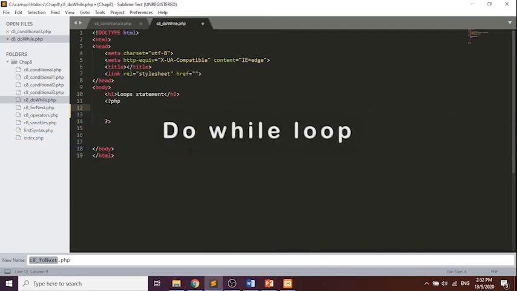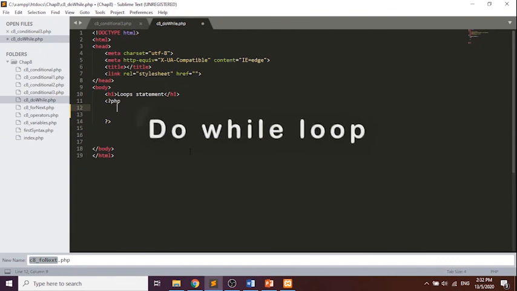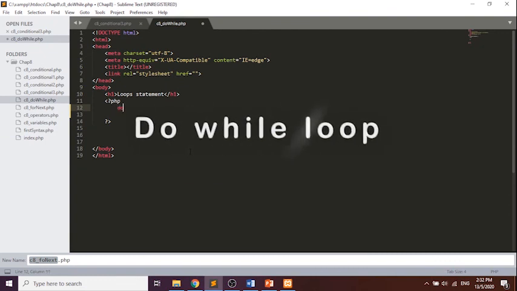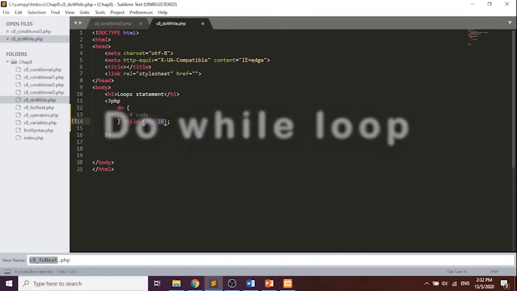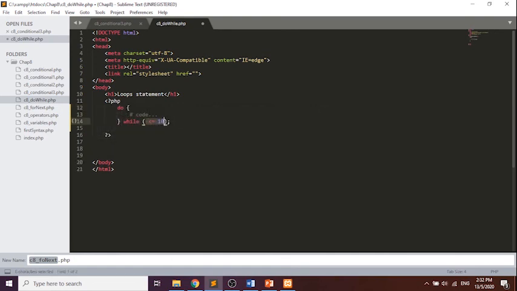In PHP, if you want to do while loops, first of all you have to type do in your PHP code and then press tab, and then you should be able to have the basic structure of do while loop, something similar like this. Now I want to have similar command as what I have with the for next loop, but